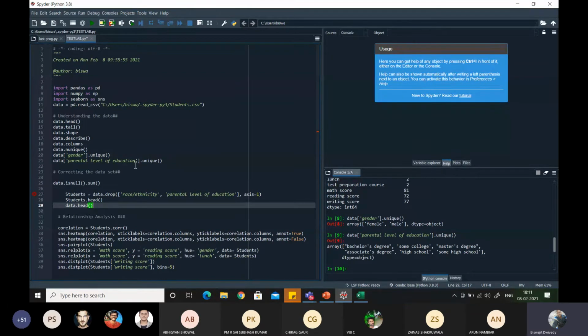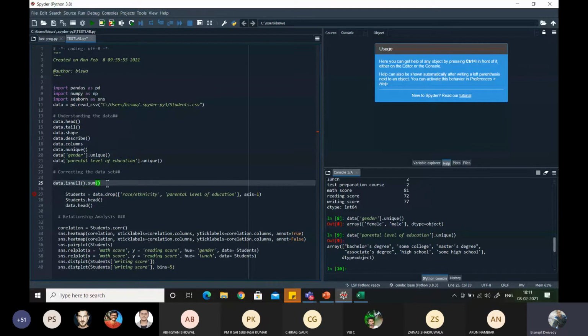Okay, suppose 5% or 10% of your data set is redundant data, and it has happened due to any type of problem. If redundant data are there, then definitely you are going to get some wrong results. So for avoiding these things, we have to do some certain operations. These things are kept under correcting the data set.